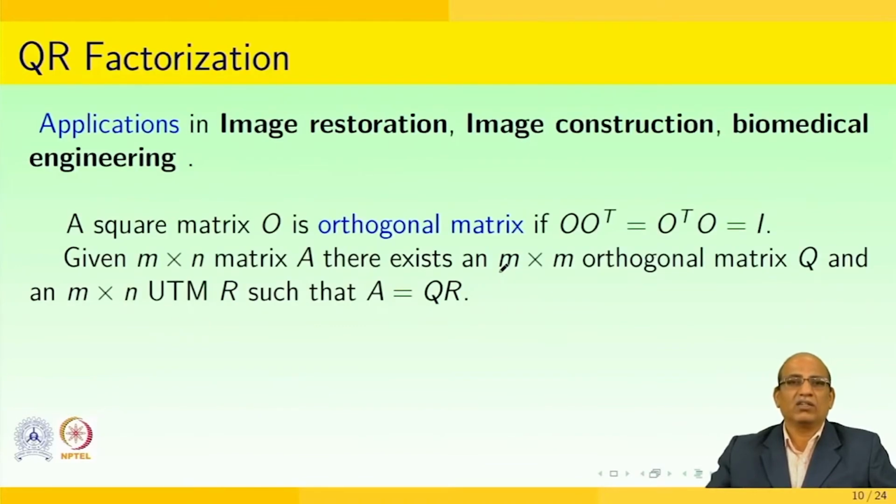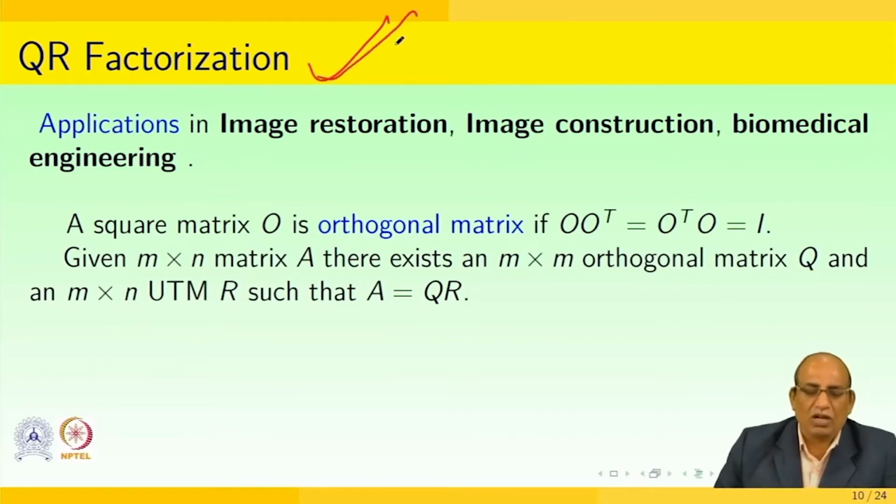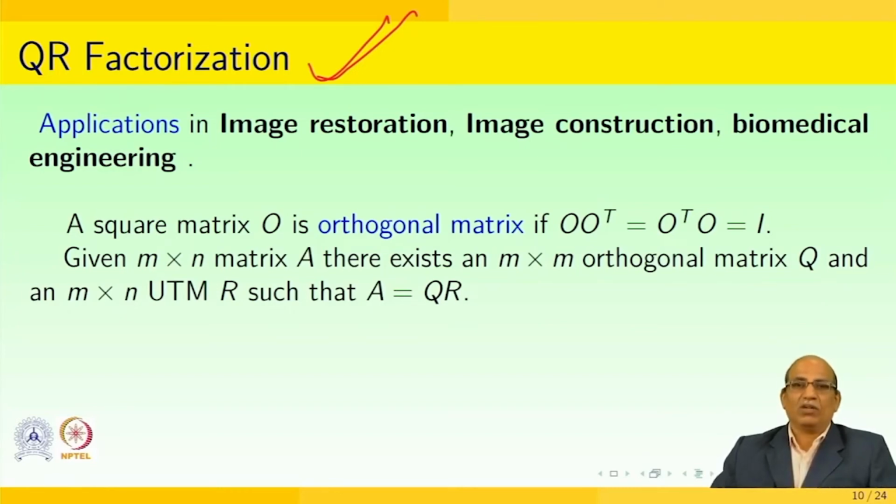Well, next, QR factorization. One of the most interesting things available in linear systems is how the matrix A can be decomposed into a factorization of two matrices. That's what we call a QR factorization of the matrix. You find applications of QR factorization in image restoration, image reconstruction, biomedical engineering, computer tomography, and so forth. There are many areas where you would be interested in image processing applications